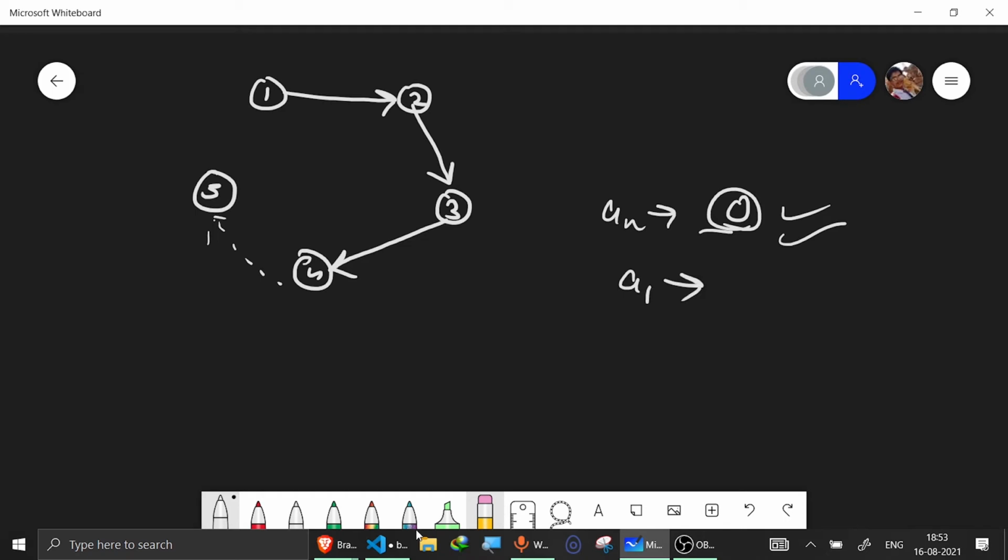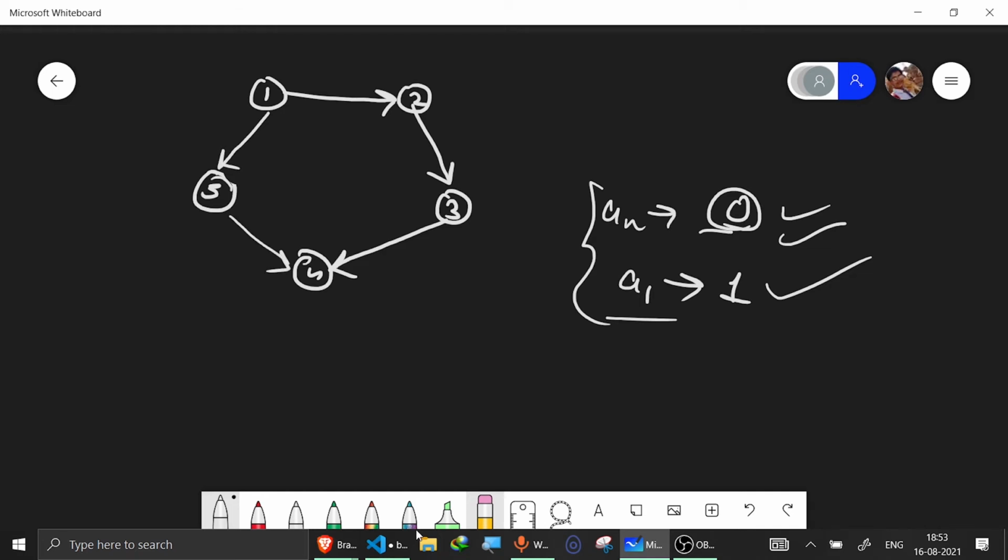And now suppose the value at a1 is 1, so let me erase this path. Okay. So now there would be a path from 5 to 1. So now you can again see I can reach 5, 1, 2, 3, 4. So again I'm reaching. So in these two cases, there is no problem. And now both these cases don't exist. So let me do it that way. I make this with this, as this would be the case, and from here to here.